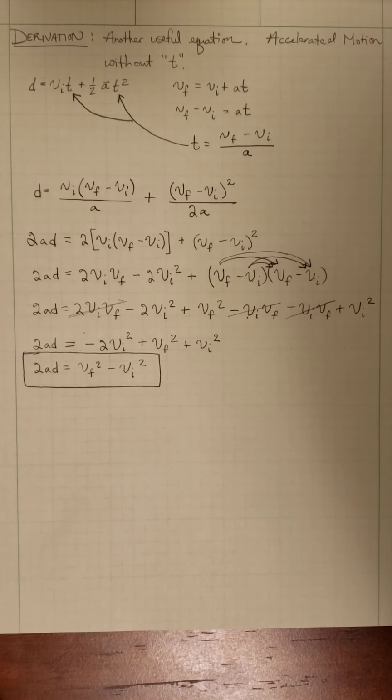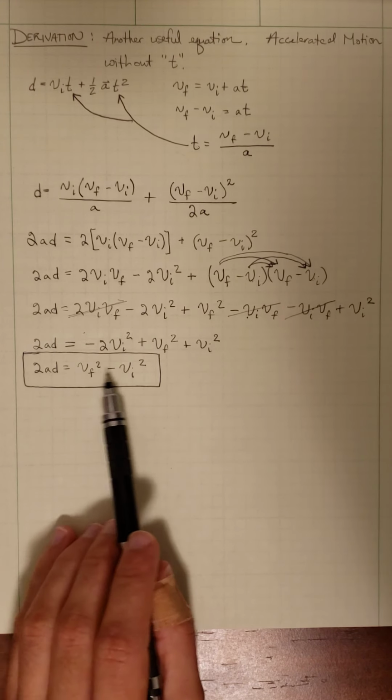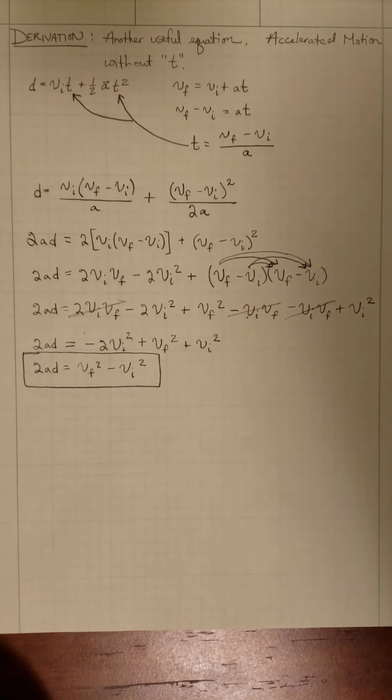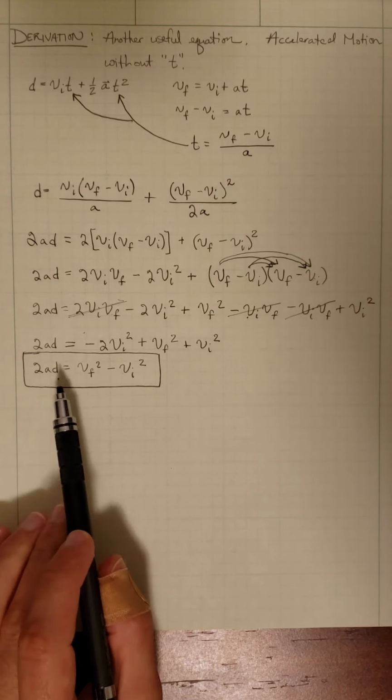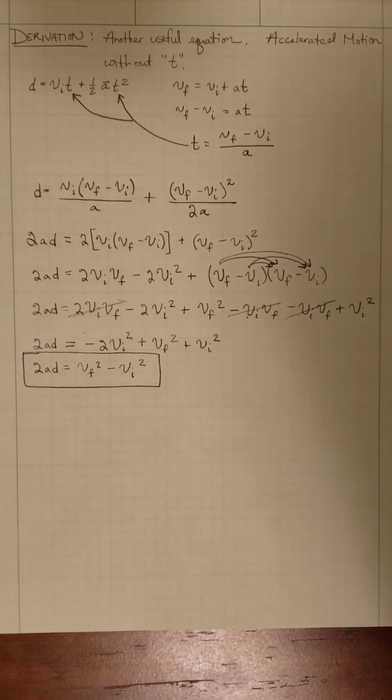So if you increase the velocity difference that you'd like to achieve, you don't increase the distance by the same factor, you increase the distance required by a factor of the difference of the squares